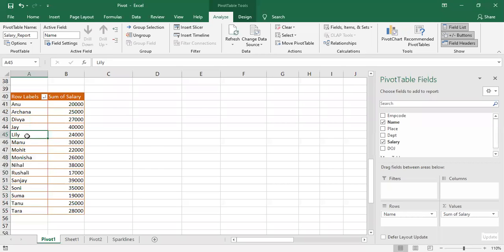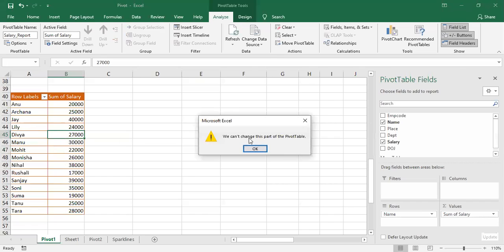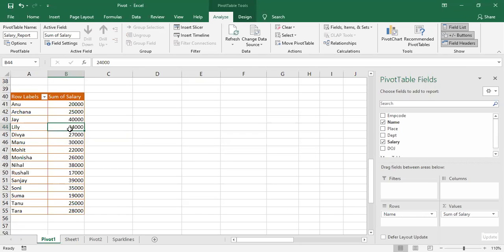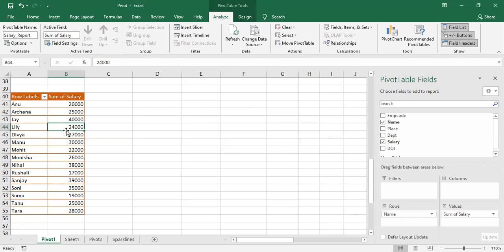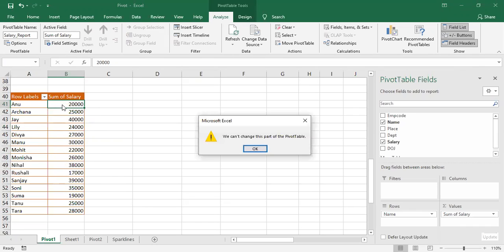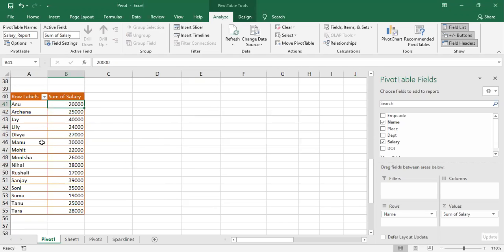See, if I want, I can try to change the names here, but not this. You cannot make any changes in this. Let's say I want to change the salary of Anu to 23,000. If I try to select the cell and then type, it is not possible. See, it is giving me a warning that we can't change this part of the pivot table report. So where you have to update it, you have to update this in your